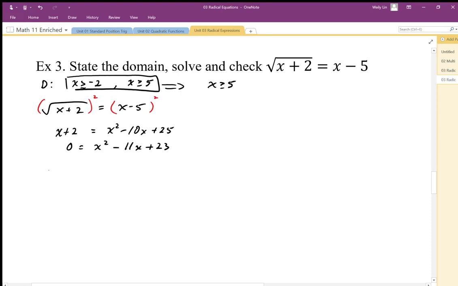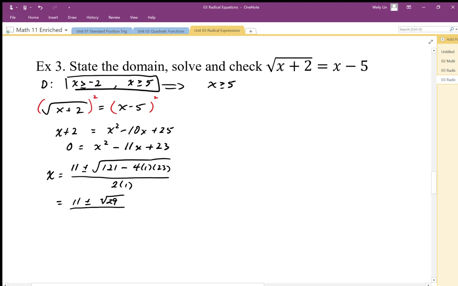So I'm going to plug this into the quadratic formula. So x is equal to the negative of -11, plus or minus the square root of 121 minus 4 times a times c, and this is all over 2a. Okay, simplifying this, 121 minus, this looks like it's going to be 92. 4 times 23 is 92. So 121 minus 92 is going to give us 29. So the square root of 29